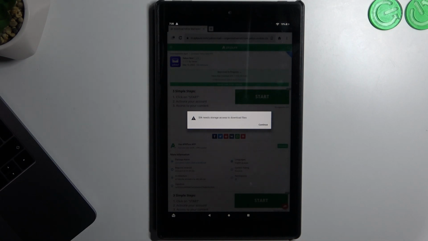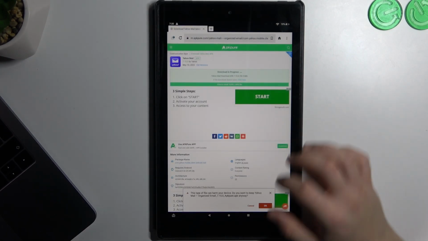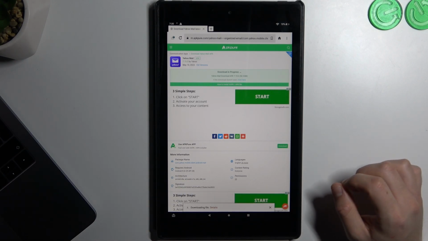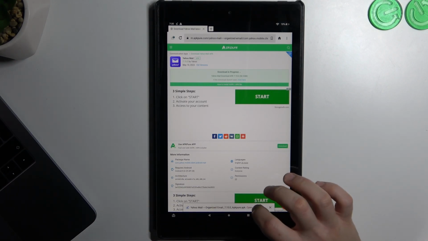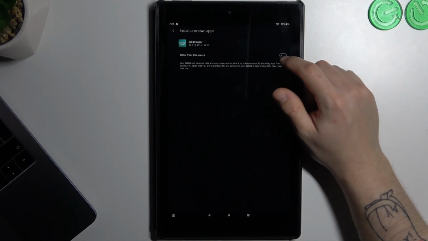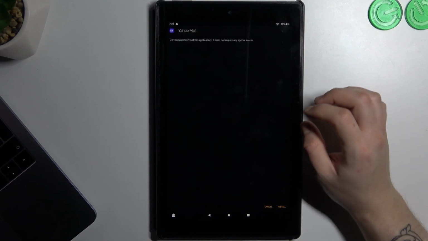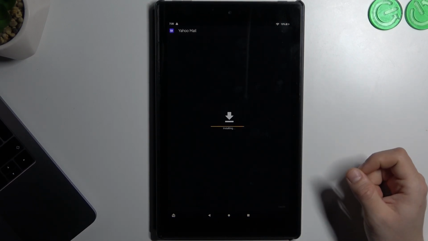Now we have to download the APK file, allow permissions, and click on OK. Now click on Open, click on Settings, and add permissions to install something from an unofficial source. Click on Install,